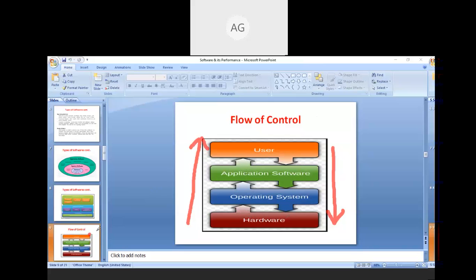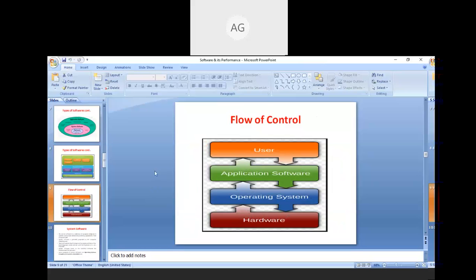So moving to the next slide. I think all of you clearly understand it from the figures. It is very easy for you to understand. Shall we proceed to the next slide? Okay. Now